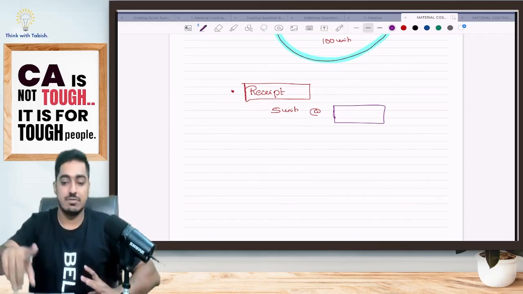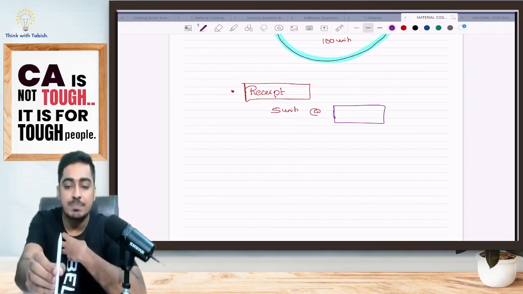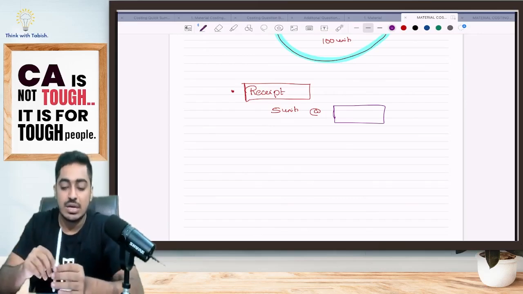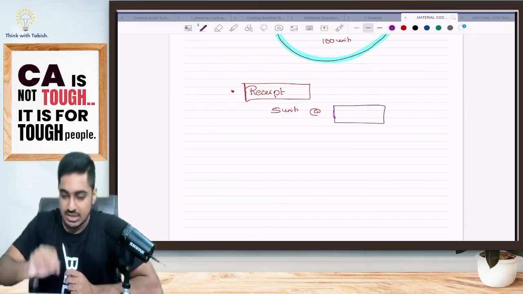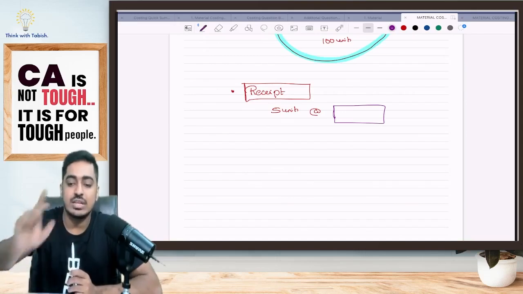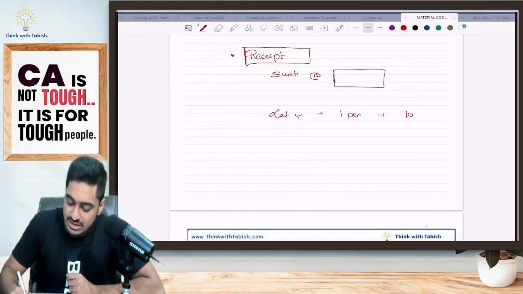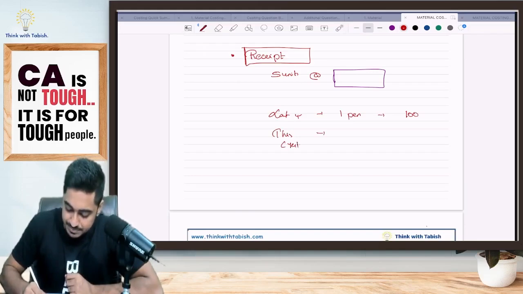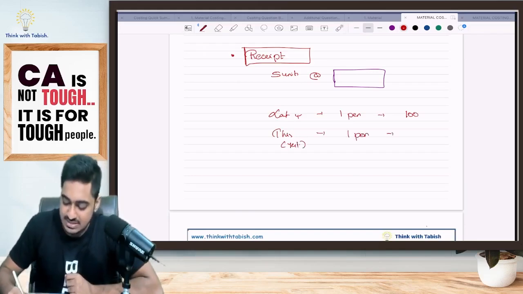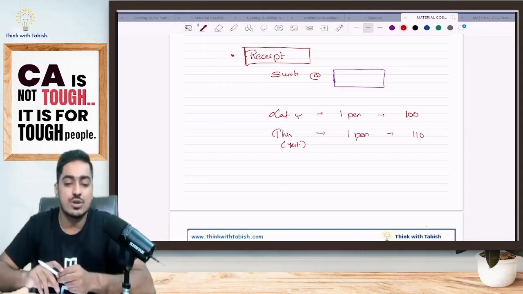Now pay attention everyone. Imagine I am the supplier, you are my customer. I am selling you a pen. Last year I sold you one pen, which was at 100 rupees. This year, just 2 days back, I sold you another pen, again imagine at 110 rupees. Same pen only. Last year its cost was 100. This year its cost is 110.